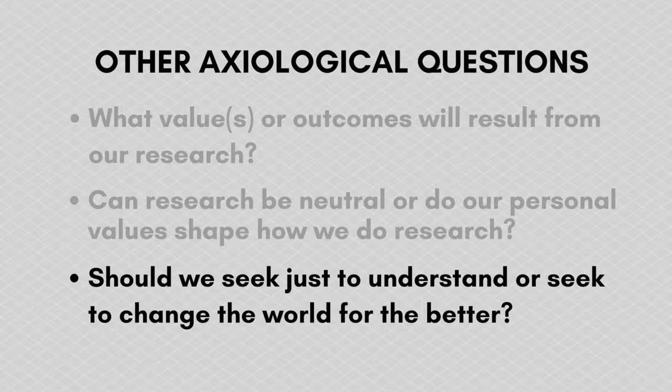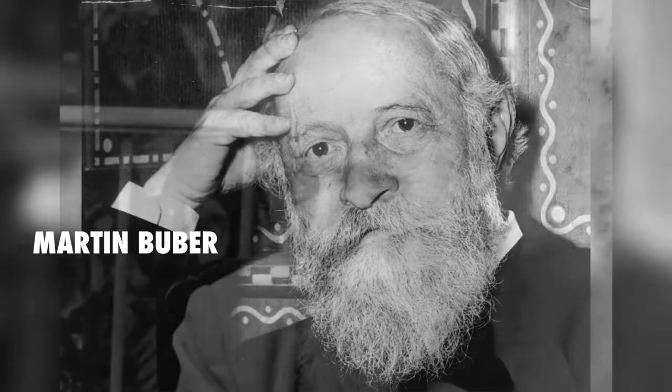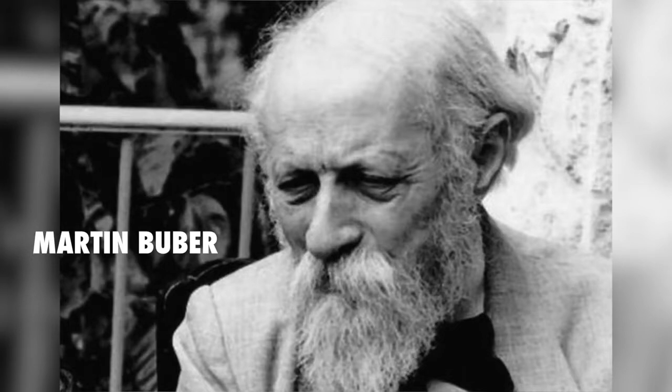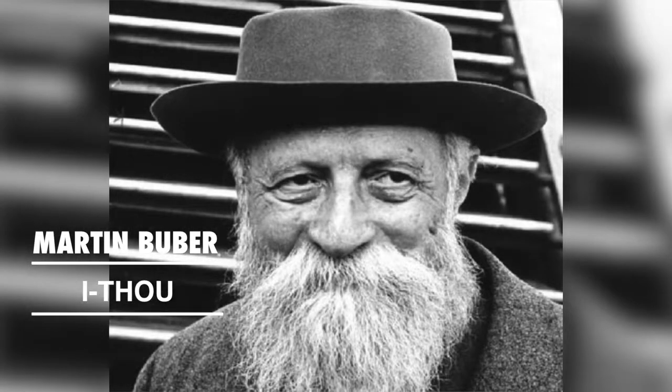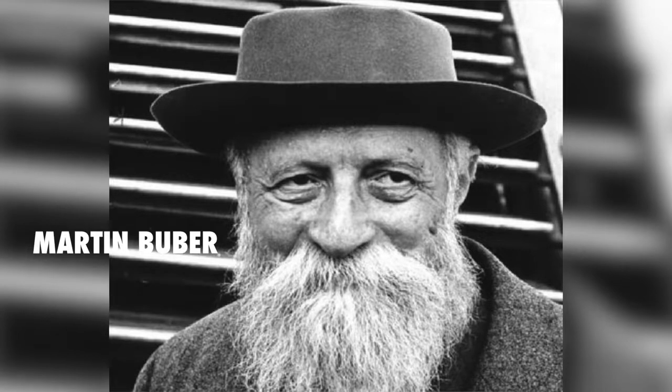Sometimes researchers and writers are pretty obvious about this, but not always. Martin Buber is a communication philosopher, and he's been very obvious about this. He talked about an ethical approach to communication that contrasted with a more mechanistic approach. So he talks about I-it, meaning I am a person, but you, it, are an object. But we really should strive for, as often as we can, I-thou communication, where I am important in the communication, but you're a thou. You're also important. You have inherent dignity. You're special as a human being, and I should treat you that way. We should connect through dialogue. See, he has an explicit value for other people, and it's going to shape the way he does his research.